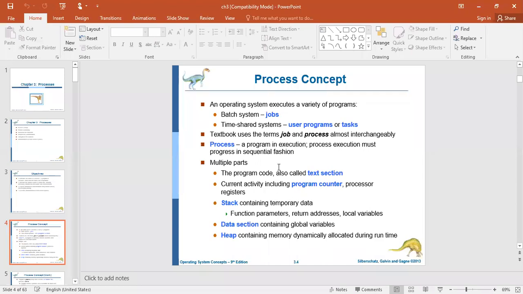a process or a job means a program in execution. A process execution must progress in a sequential fashion. For example, just imagine you try to execute a simple C program just to print hello world. In order to execute that program, what do we have to do?